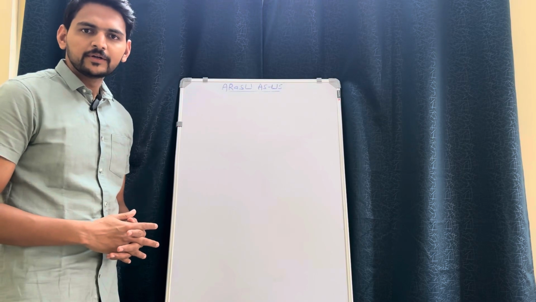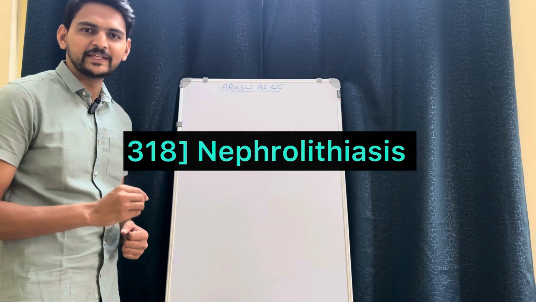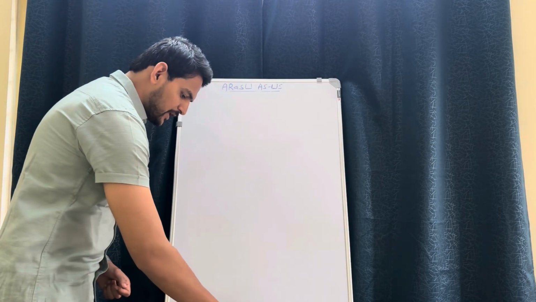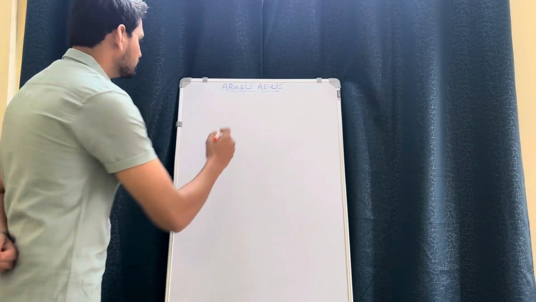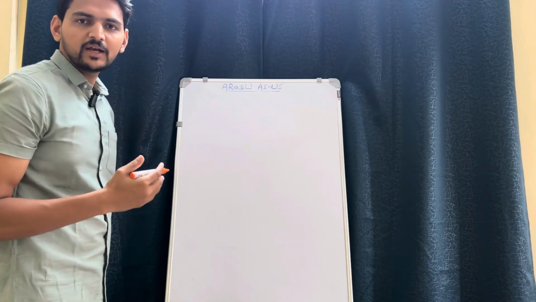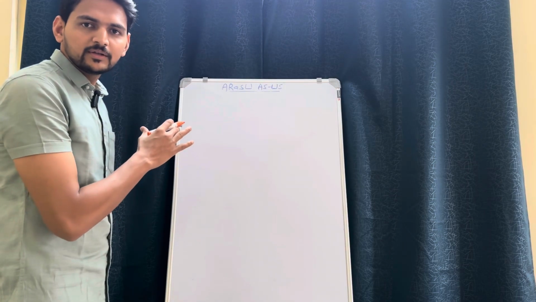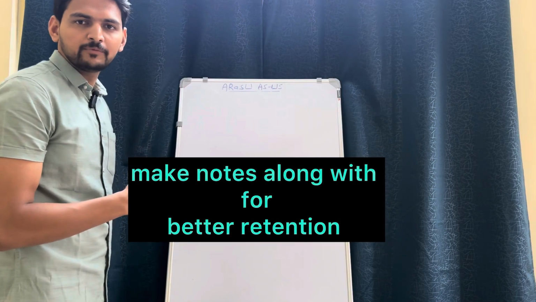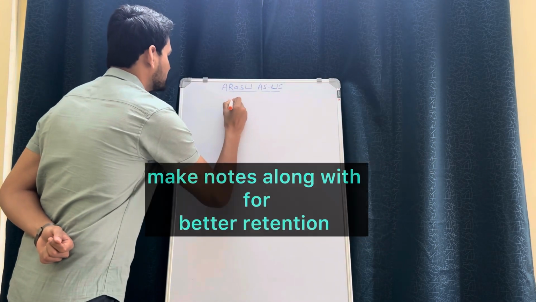Hello everyone. Today we will discuss chapter 318 from Harrison, which is about nephrolithiasis, kidney stones. So it is one of the commonest topics and one of the commonest conditions with which many working adults will be suffering. So we have to know it thoroughly, and we will follow an order which will be helpful whenever we are practicing clinically. So chapter 318